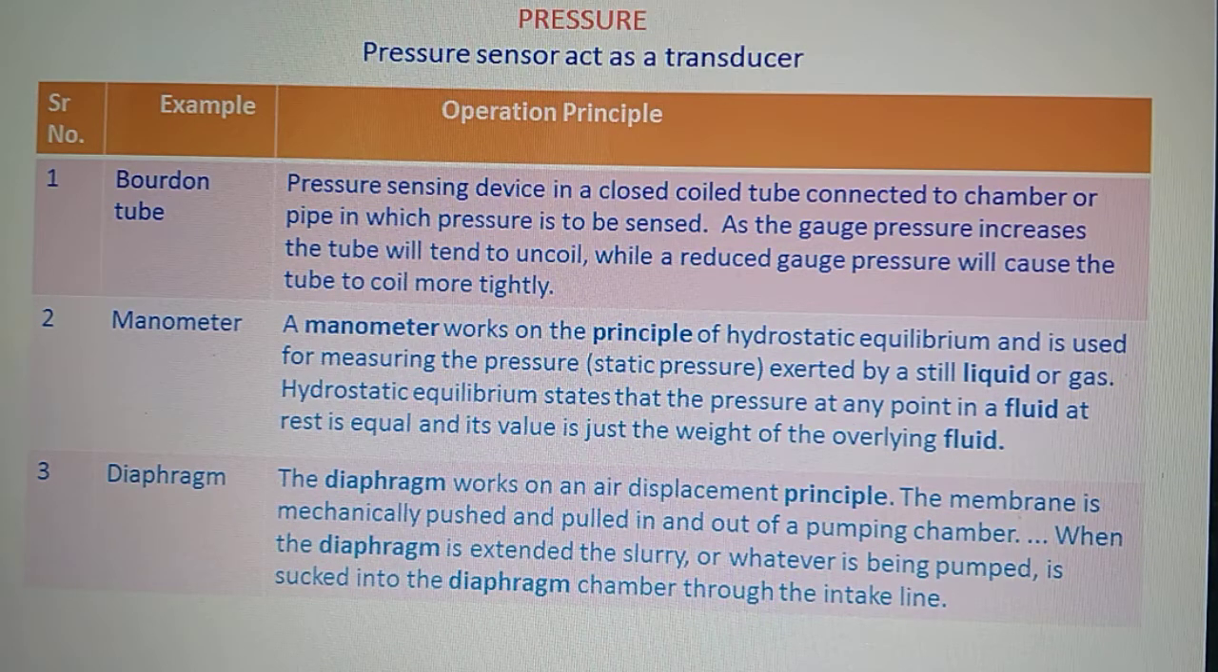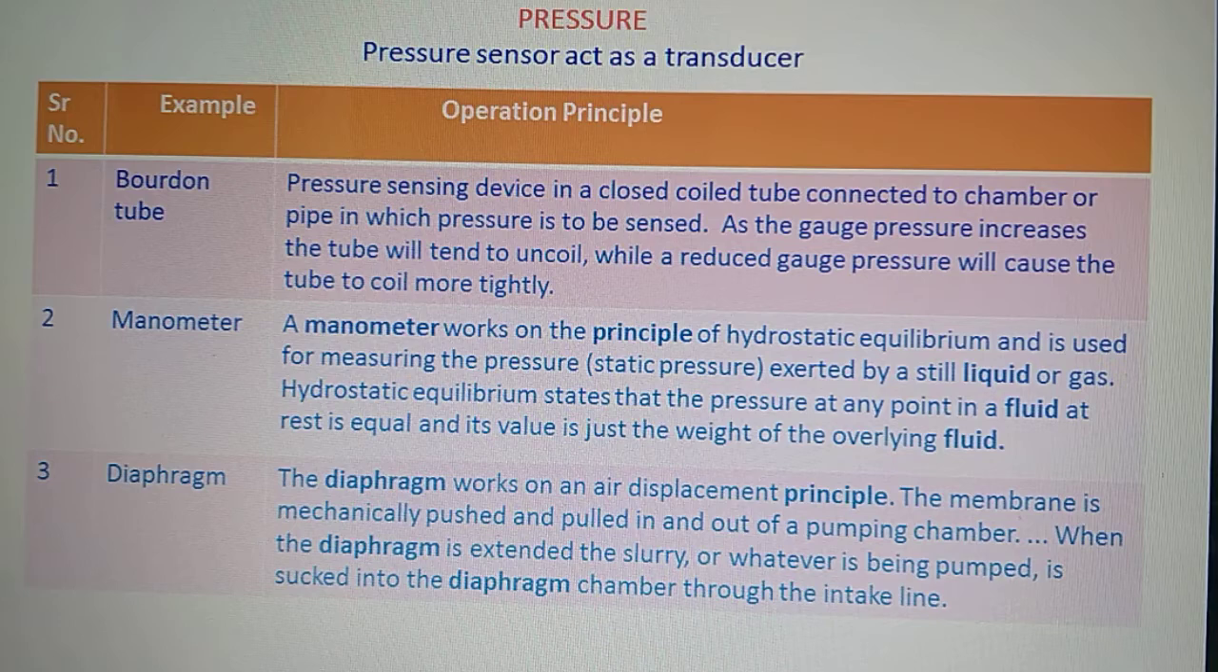It is a Bourdon tube, and what does this Bourdon tube do? It senses pressure. It is a pressure sensing device, a closed coiled tube connected to a chamber or a pipe in which pressure is to be sensed. As the gauge pressure increases, the tube will tend to uncoil, while a reduced gauge pressure will cause the tube